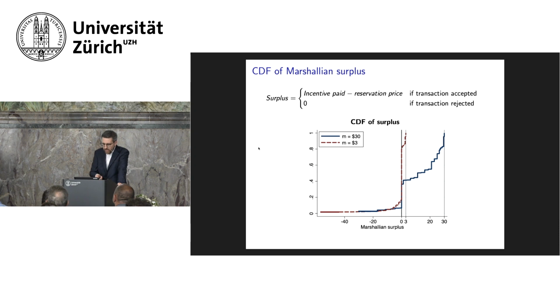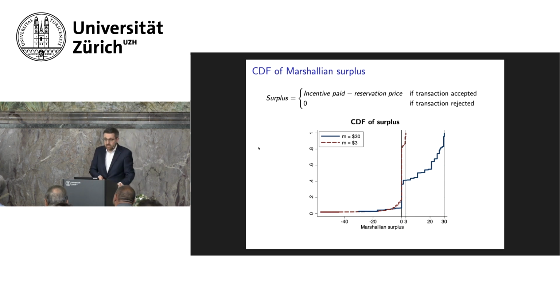And this, again, is a CDF, so think of this as we line up all the individuals on the y-axis, and we plot the surplus on the x-axis. Now, what you can see is that there are 10 to 20% of people, depending on treatment, whose decisions are mistaken. They accept, but once they receive the insects, they think they're worse than the money they received for them. A lot of people have positive surplus. The important thing, though, is the blue line that's the distribution of surplus amongst those who got the high incentive. The red line is the distribution of surplus amongst those who got the low incentive. And you can see that giving people the high incentive just shifts the curve to the right. So essentially, in distribution, everybody becomes better off.